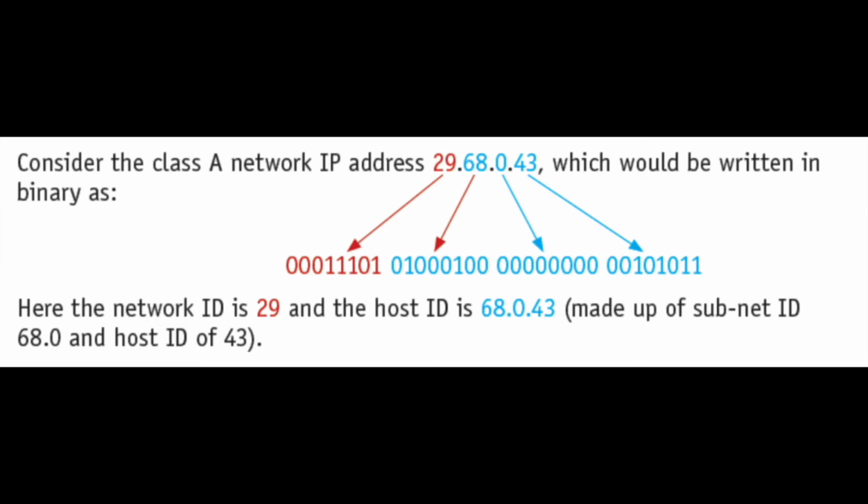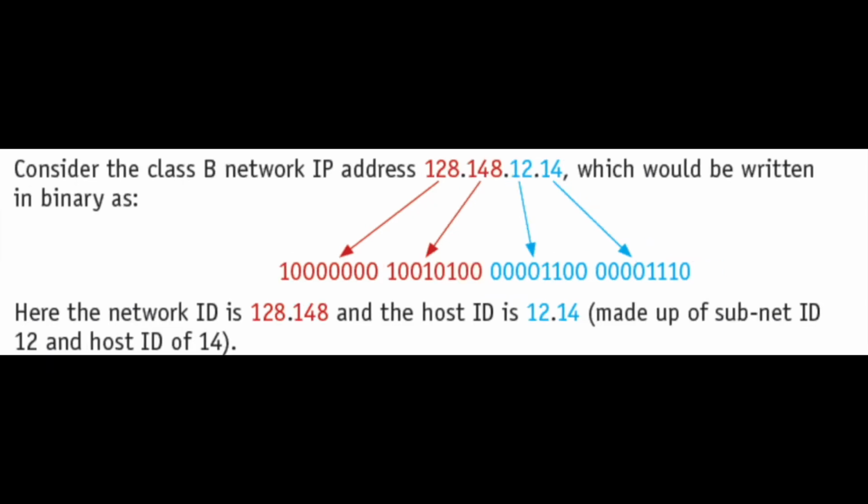And they might allow you to have 2 to the power of 24 host IDs available to them. So lots of computers, but you can only have 256, 2 to the power of 8, organizations. So not a lot of big companies can benefit from it. Then we have class B, which allows you to have 16-bit net IDs and 16-bit host IDs. And that gives us 2 to the power of 16, which is